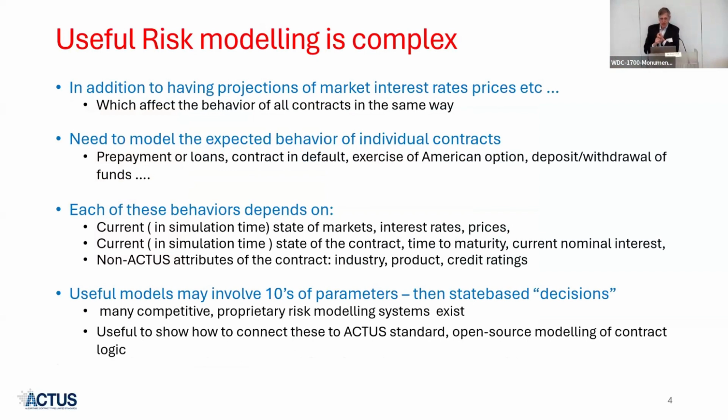What's the state of the market? What are the current interest rates and prices? What's the state of the contract? How much time until it matures? And what are the non-ACTUS attributes of the contract? What's the credit rating of its counterparty? Which industry is it in? Is that industry in an upturn or a downturn? And so on. All of those are risk factors that go into your risk model. In general, they're not ACTUS terms,